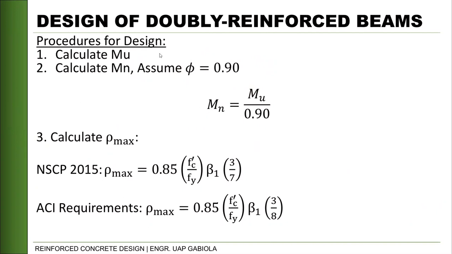Kaya i-assume natin na 0.9 na agad yung phi natin, ano? So dapat siya mag-yield. Kasi kung hindi siya mag-yield, it will fall under yung transition zone natin. So magiging iba yung value natin for our phi, which will be based dun sa graph natin for compression, transition, tsaka sa tension control